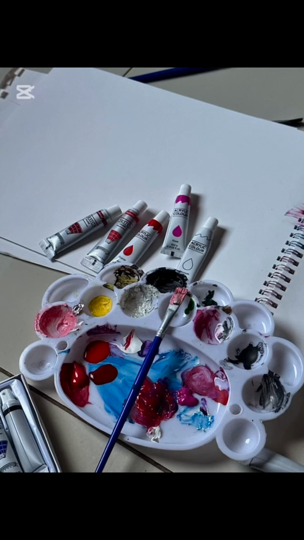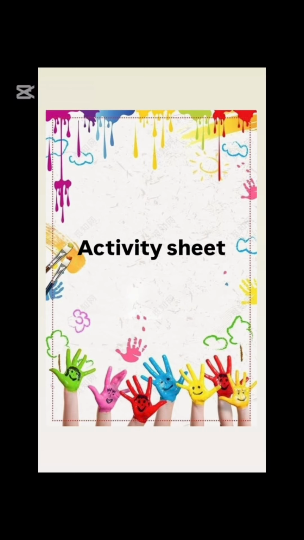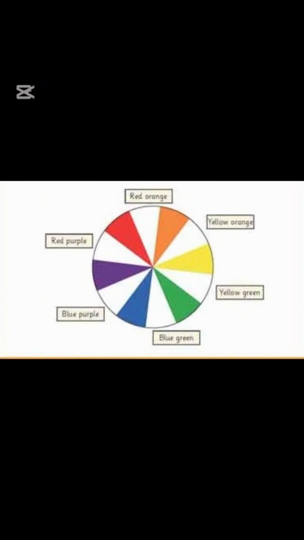So these were the painting materials that we used for this lesson. Activity sheet: this was a printed activity sheet where students had to mix the primary and secondary colors evenly